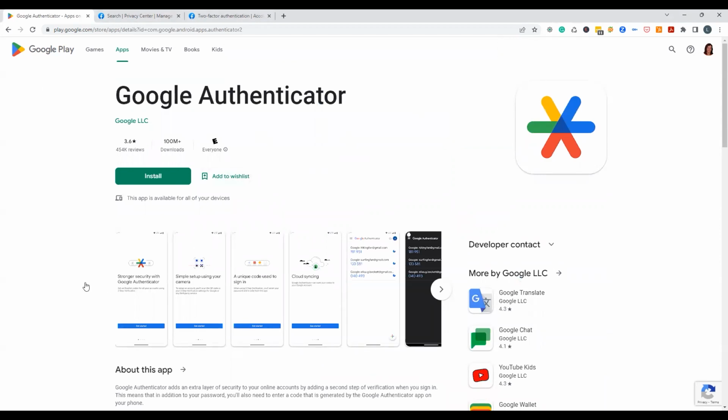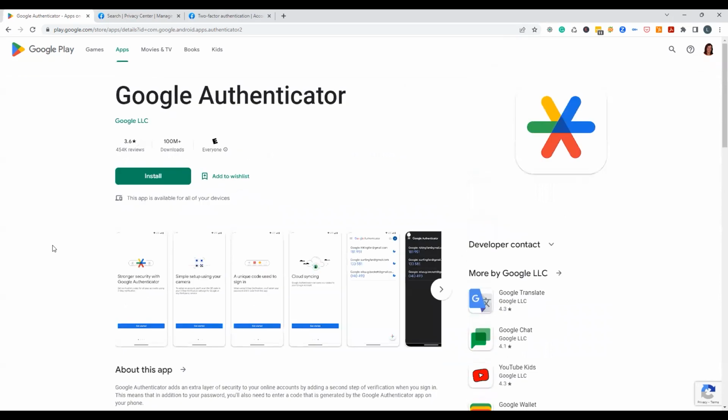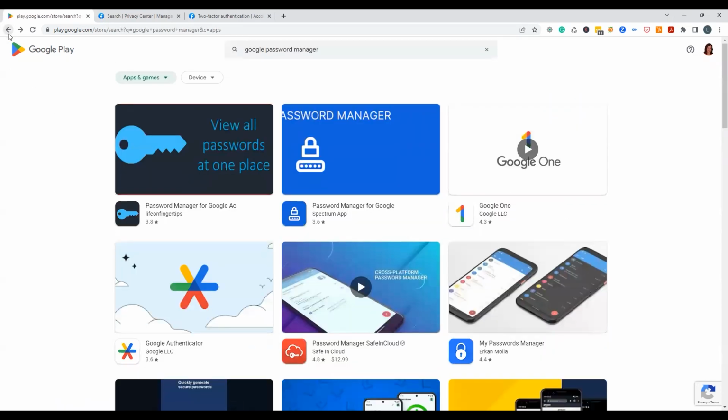You can install it, and it walks you through what you need to do, including cloud syncing and whatnot, and how to use the app, which again, I will try and cover with my LastPass, which is the next one I'm going to talk about here shortly. 439,000 reviews, and it's got a 3.6 review overall. Not bad. The reason I recommended this to my mentee is it goes across all platforms, all browsers,